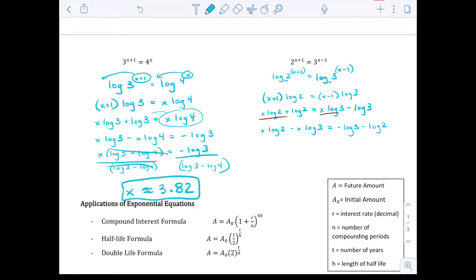Now on the left side, I'm going to common factor out that x like we did earlier. So when I common factor out, I get x (log 2 minus log 3). Just took that x out from both those terms. Right side's still going to stay the same. And finally, just divide both sides by whatever's with x, in this case, log 2 minus log 3. Divide both sides by log 2 minus log 3. That leaves us with just x